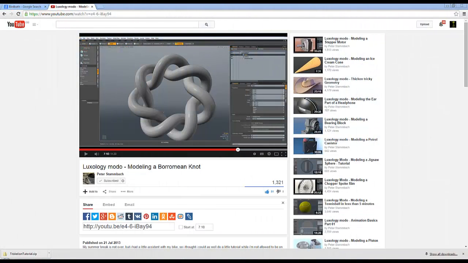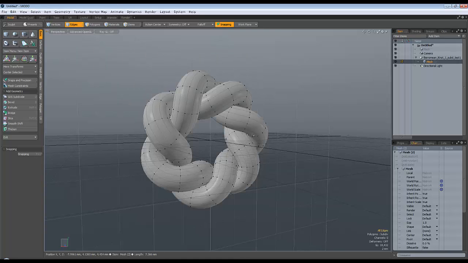In this video I'm going to have a little look at setting up subdivision surfaces in DAZ Studio and Poser 10. This is something I've only just really started to explore, so it's mostly for my reference. I'm no expert on it. I followed this video by Peter, it's very good, and made this model in Modo, and it looks like this,